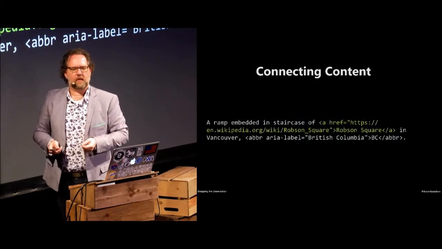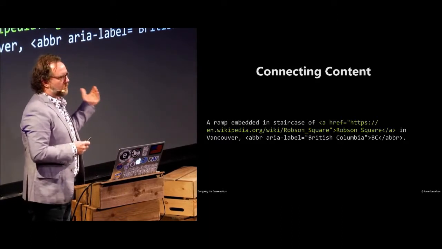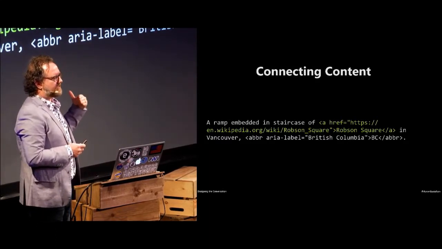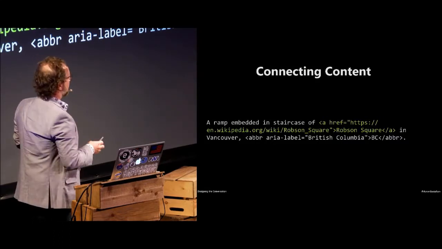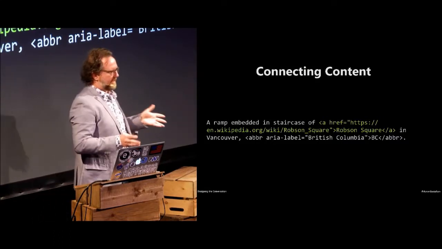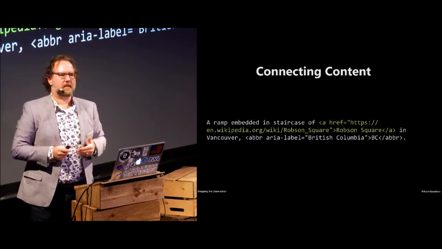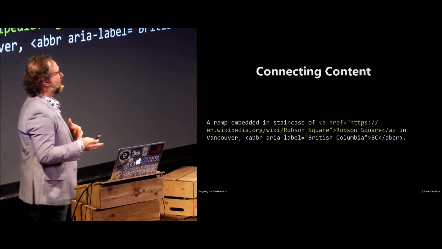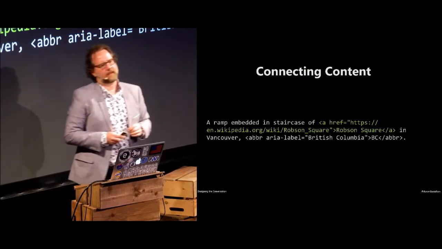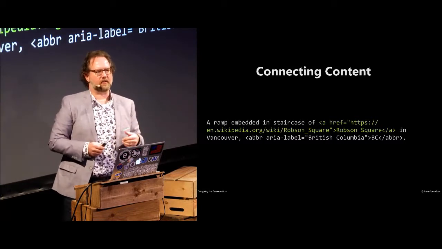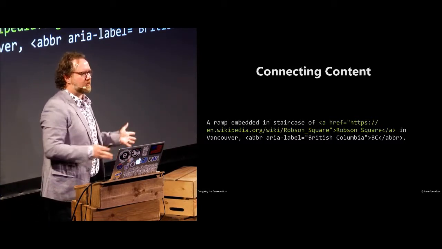So the primary way we use links is to connect related content. And it's important to choose meaningful words and phrases, because generic link text like "click here to learn more" is not terribly useful, especially when there's 17 of them on the page, right? There are a lot of people using headless UIs, whether some sort of voice response thing or screen readers, where they navigate from link to link, and if all they keep hearing is "click here to learn more," and there's no context around what content they're learning more about, the links are useless.